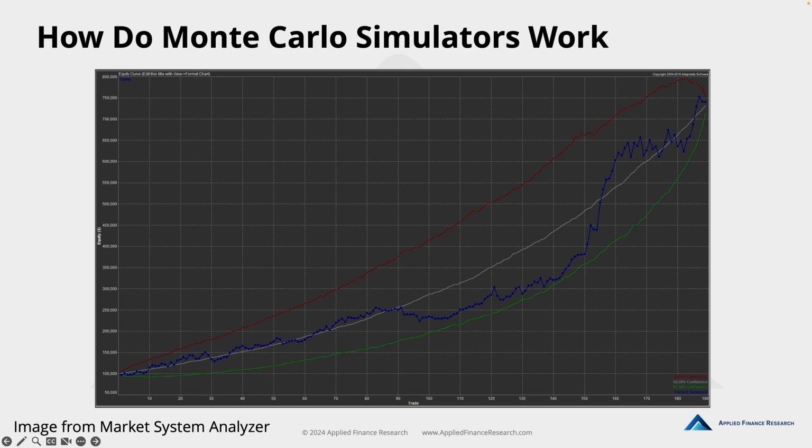So what's important to know is that if we reorder the sequence of trades, our equity curve will look different. It'll have a different shape, a different maximum drawdown, and a different ending equity because of math. That's basically just how it works when you reorder it. So one way to think about how Monte Carlo simulations work is the idea that our system is like a